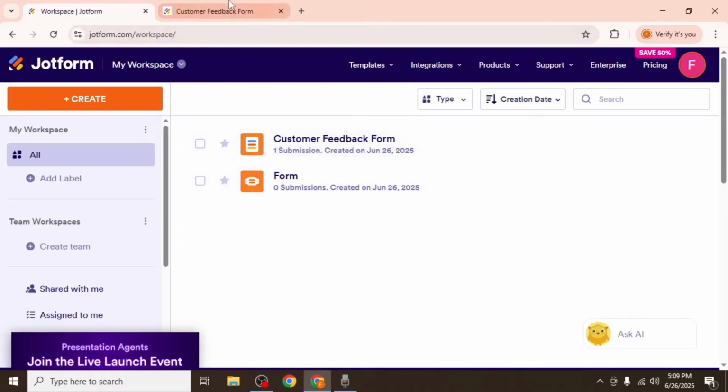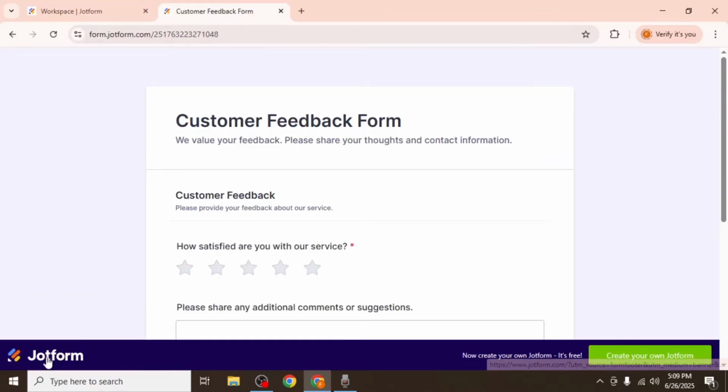If I open one of my forms in a new tab, you can see that at the bottom of the form there is Jotform branding. This branding also appears in the email confirmation a user receives after submitting the form. If you want your forms and emails to look more professional and not include Jotform's logo or mention, here's how